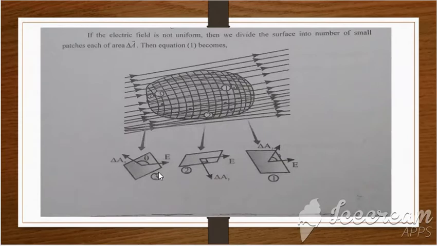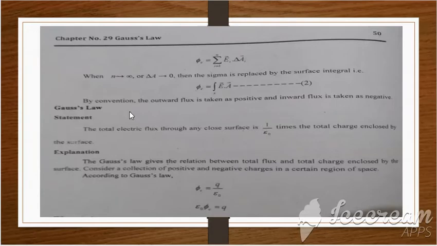These are vector areas, and this is the direction of electric field intensity through these small patches of area delta A. So when we sum up all the areas of this irregular shaped body, the electric flux is equal to the summation over i from 1 to N, where N is the number of patches and i can be any patch number. This is E i dot delta A i, where n approaches infinity, meaning a very large number of small patches such that delta A approaches 0. It is not 0, just nearly equal to 0.